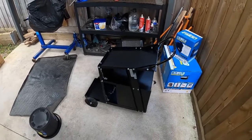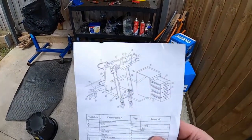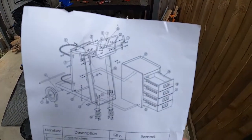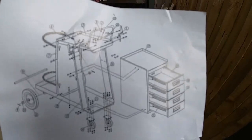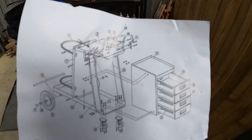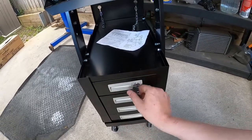Alright, so the welder stand slash trolley is finally finished. These are the rubbish instructions that I got. So it just shows you an exploded view of everything. It doesn't tell you what order to put anything together. You just sort of have to figure it out for yourself. So these are the drawers, little lock,